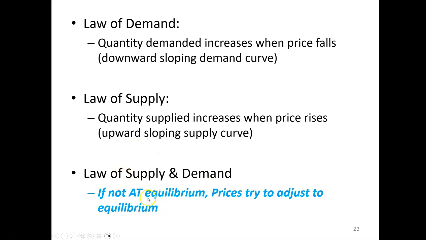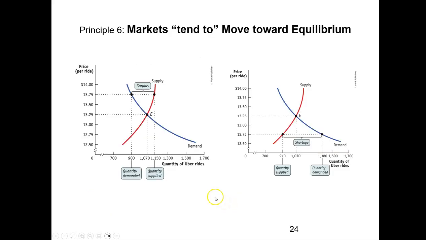So if we're not at that equilibrium, price is going to try to adjust to that equilibrium. Here is the market for Uber rides that we were talking about in part one, the earlier slides. Well, if the equilibrium in some market for Uber rides is $13.25, but we find that currently the price is higher than that, we're going to have a bunch of Uber